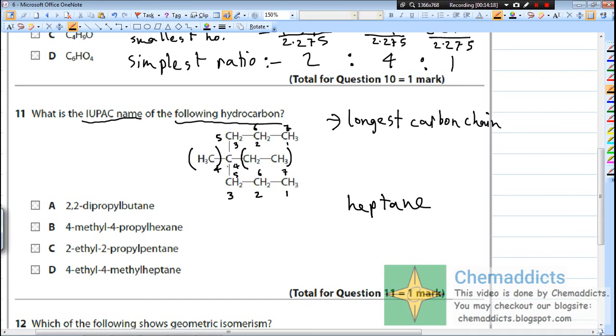If you can see, if we look carefully, no matter what way we have taken, this always ends up being the 4th carbon atom. The methyl group and ethyl group are on the same carbon atom no matter what we have taken. If we count the number of carbon atoms from this direction, the number of carbon is 4.